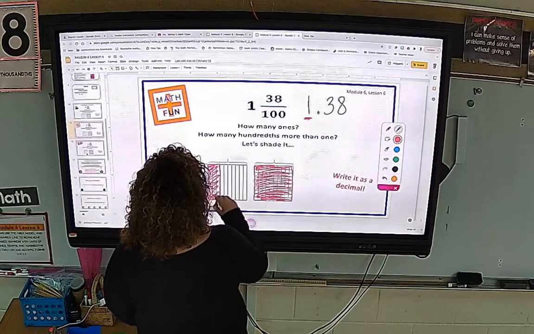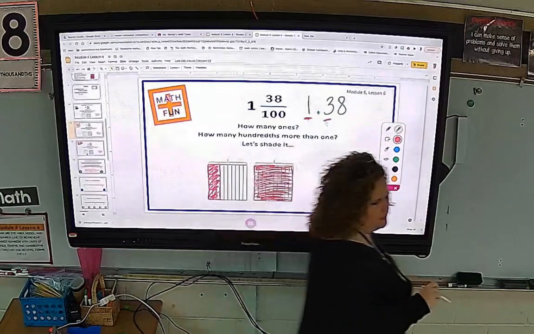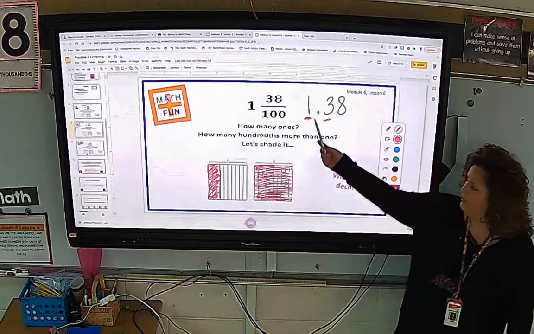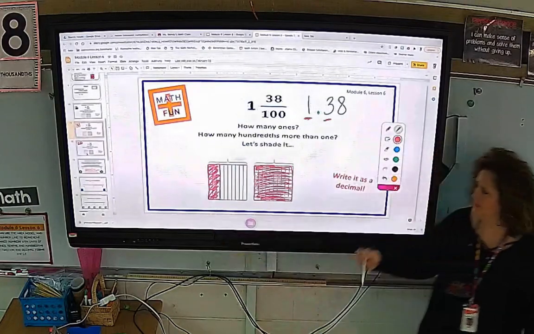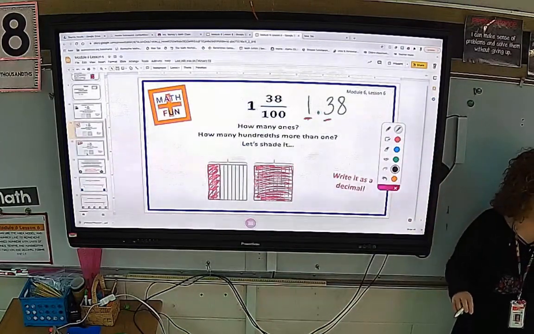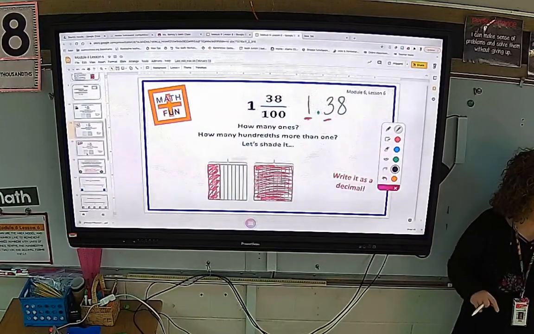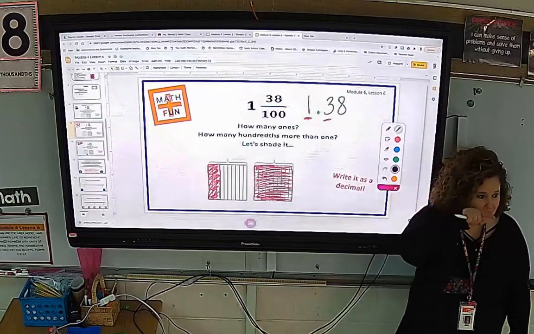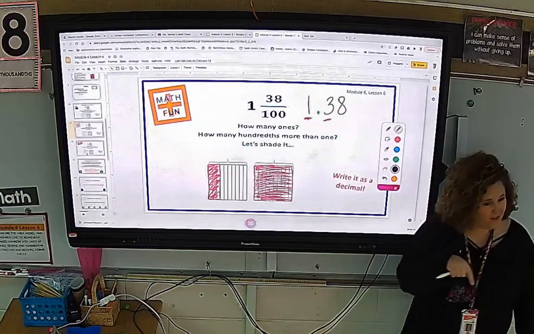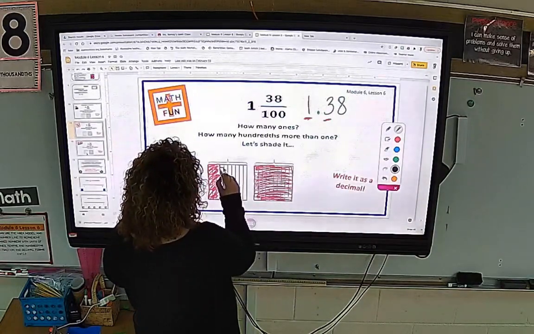All right, everything you said is correct except one little part. One whole, 3/10, 3/10, and then he said we would cut one into what? Tenths. But am I really cutting it into tenths? These are already cut into tenths. What am I actually cutting it into? I'm actually cutting it into hundredths. And that's an easy thing to forget.